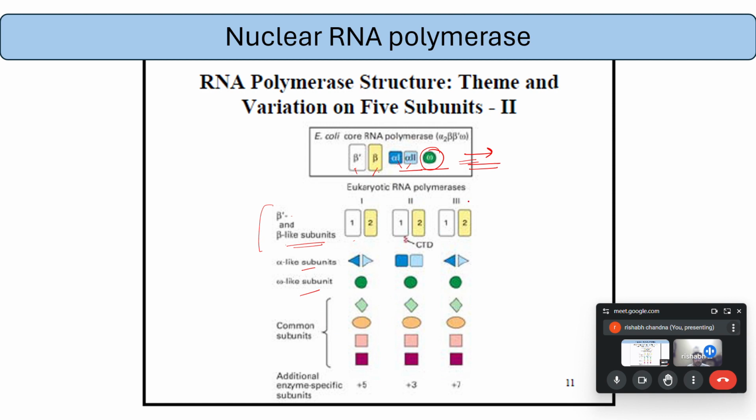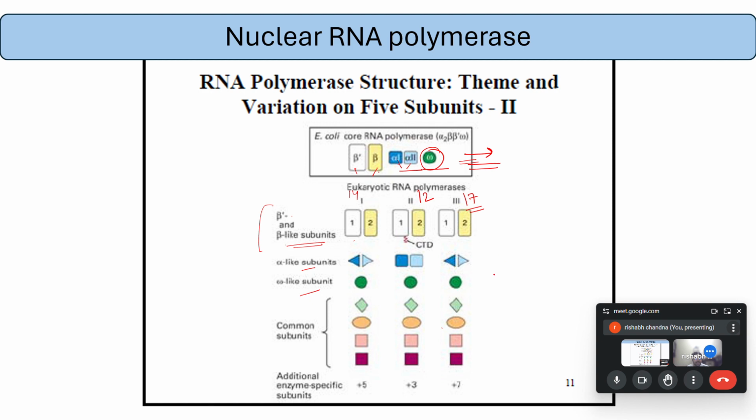Talking about the number of subunits present in 1, 2, and 3: in 1, we have 14 subunits. In 2, we have 12 subunits. And in 3, we have 17 subunits. These are the number of subunits present in each of the RNA polymerases,